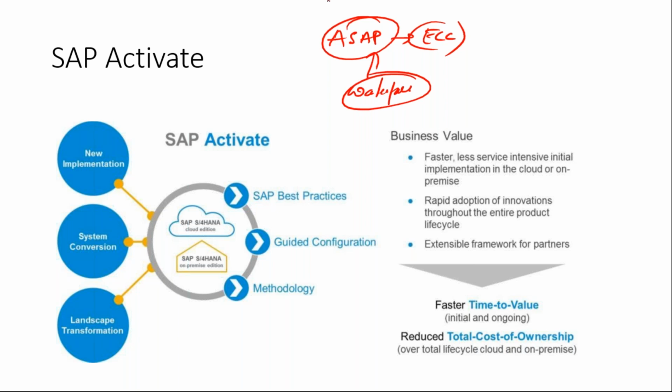These are the 3 different phases as part of your SAP. Now with this SAP S/4 Activate methodology, they come out with these 3 concepts called best practices, because they have designed a model company. Based on the model company, your entire best practice has been concentrated. For example, they have a US model company, a UK model company, a Germany model company, based on which SAP has set their own best practices.